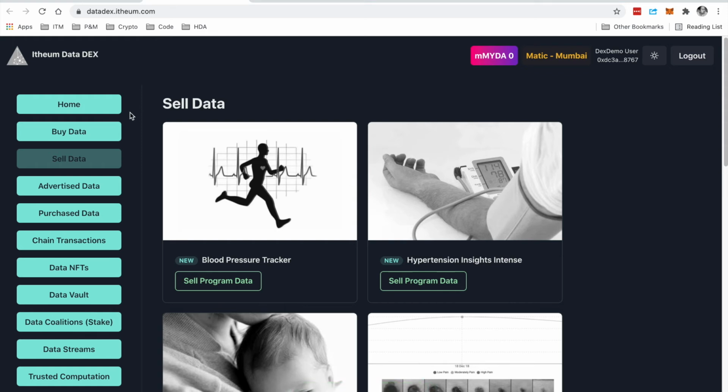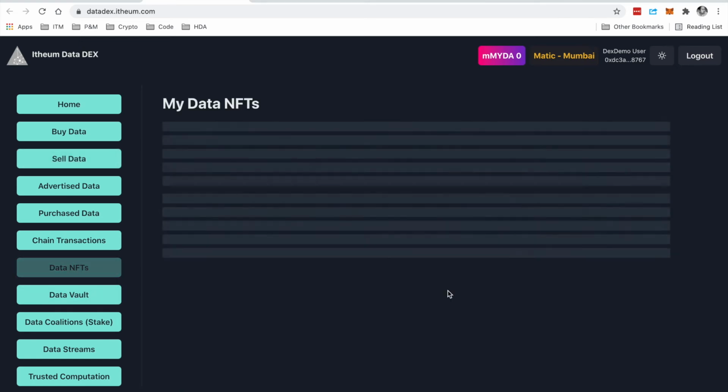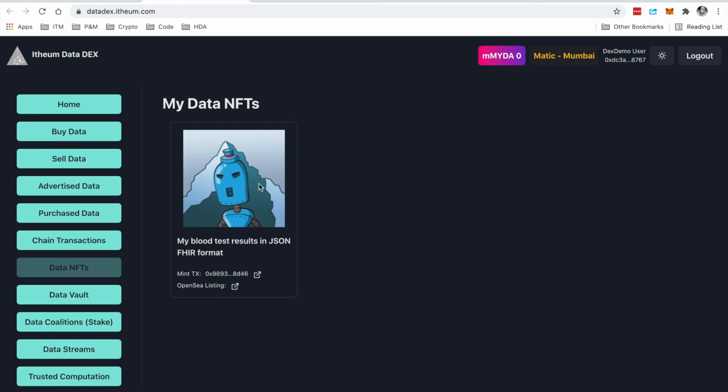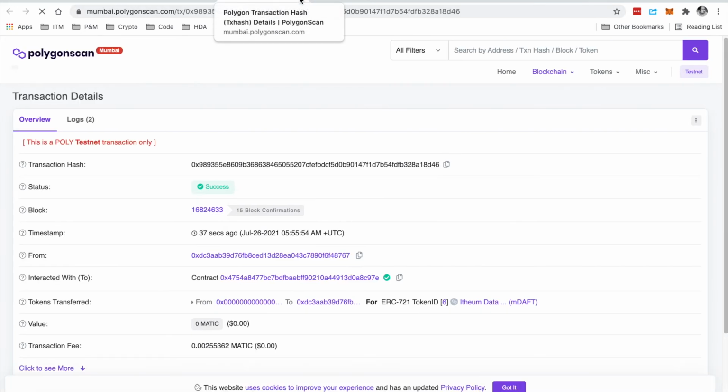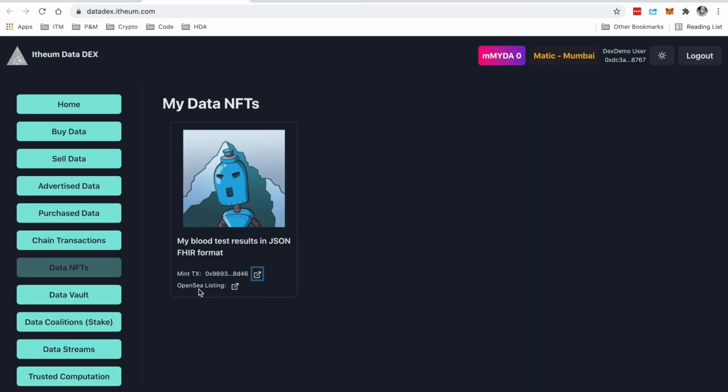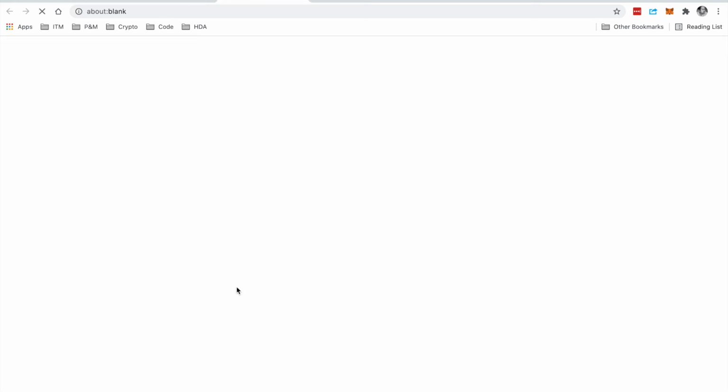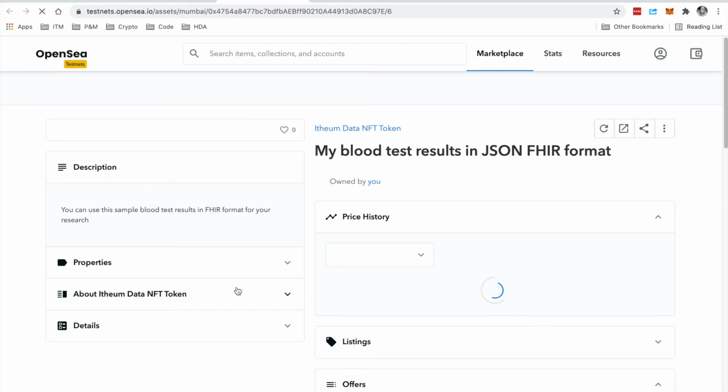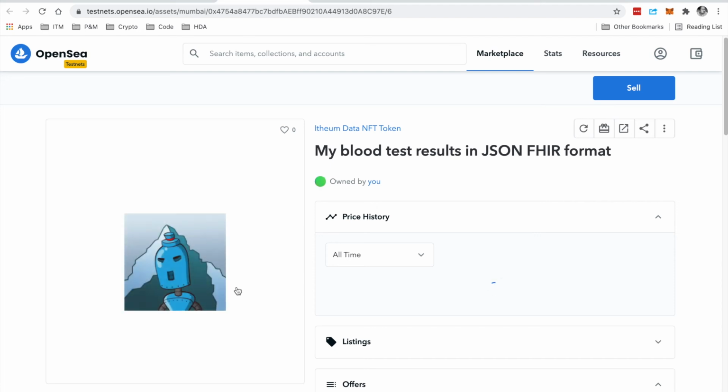So that's already done. So it's minted a data NFT, which if you jump into your NFT portal here, you will be able to see it now. So it's actually minted that. It's got all the metadata of the NFT. You can see the actual minting status on the Polygon chain, which tells you that it's an ERC721 token. And what's super cool here is, as soon as you mint a data NFT, it's immediately available on OpenSea as well. So this is what makes this so revolutionary,